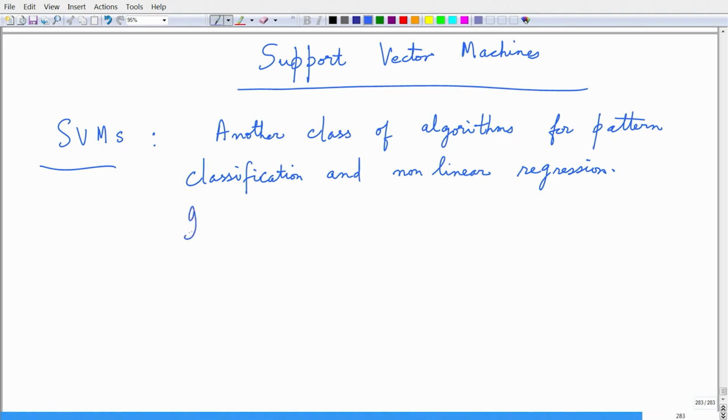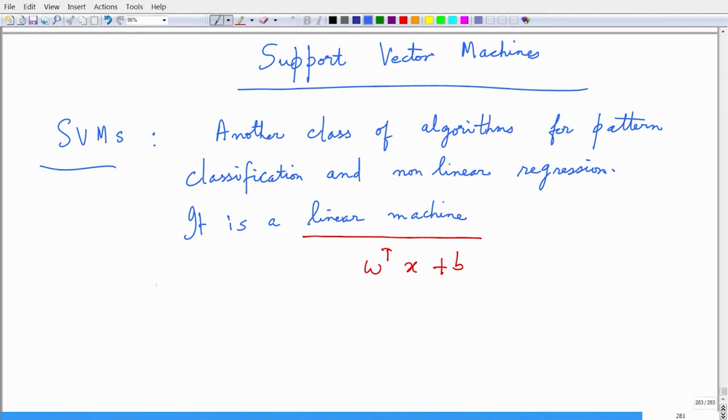And this is a linear machine because we are still interested in the form of a hyperplane, W transpose X plus B. In this form we are interested, it is still a linear machine,